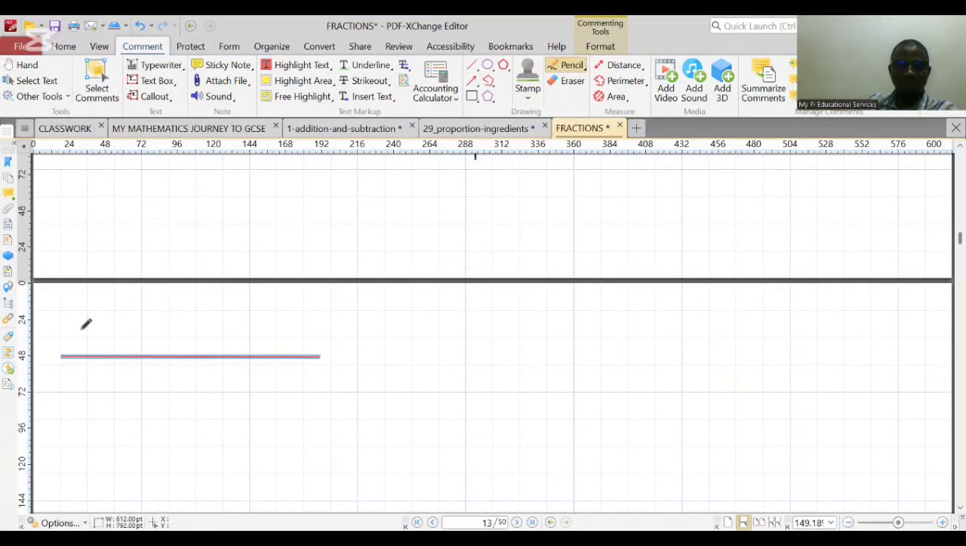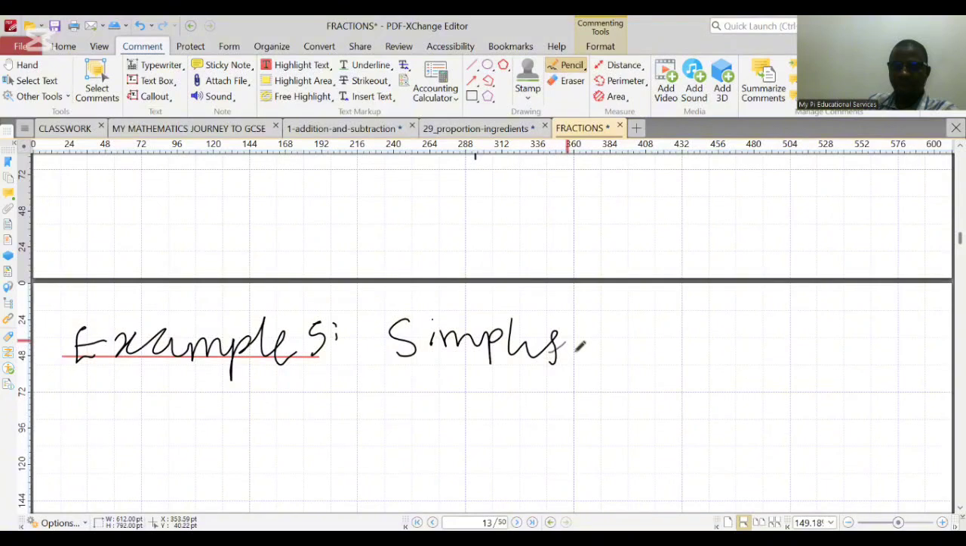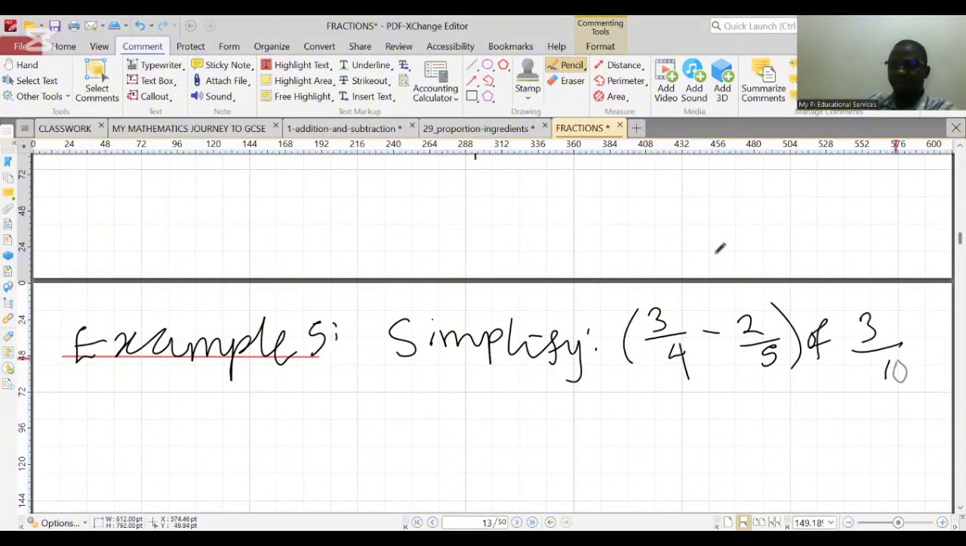Example 5. In the next example, the question says simplify. So we have to simplify 3 out of 4 minus 2 out of 5 of 3 out of 10,